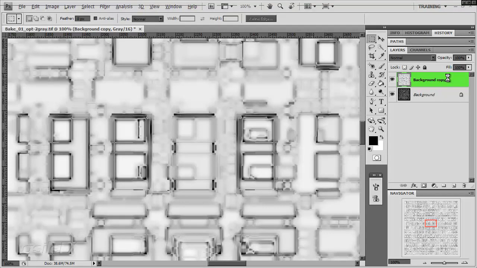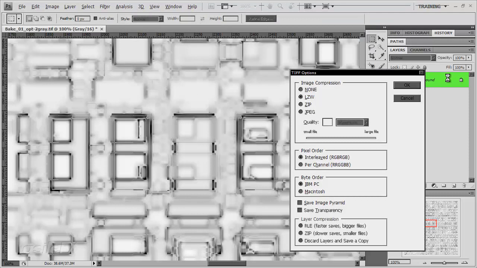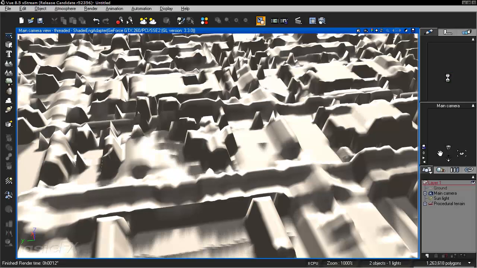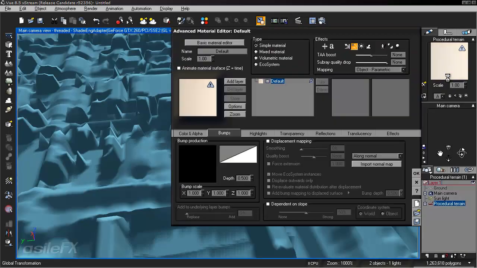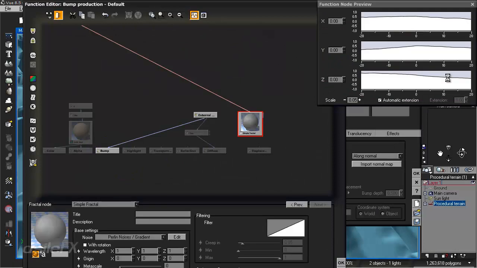First I'm going to merge this down so it's just completely flat, and save this as another image. I'm not going to overwrite this. And call this Ambient Occlusion. And then we can use this to add to that diffusion layer. So going back into View, edit the material, edit the function, add in texture map,